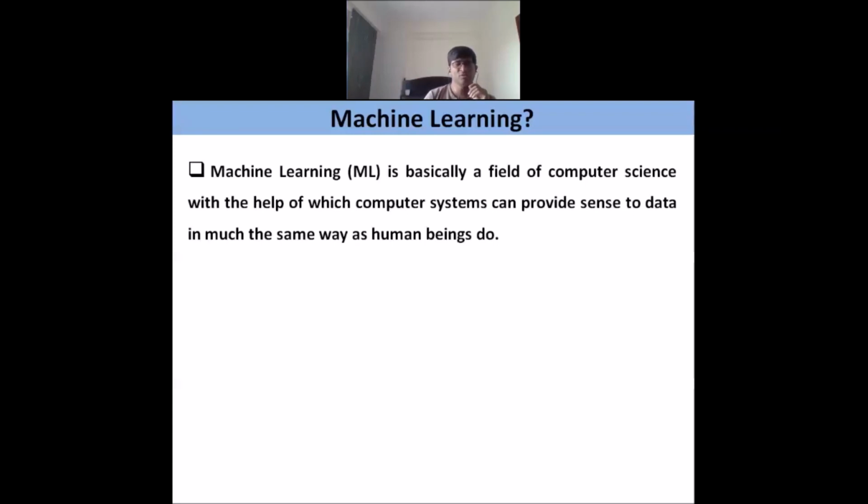So there are two different aspects of learning which humans do in the majority of cases. One is supervised learning, where we have a set of examples, historical data based on which we learn things, and then we apply that learning to classify new kinds of inputs. There is another kind of learning that we are very good at, that is unsupervised learning,